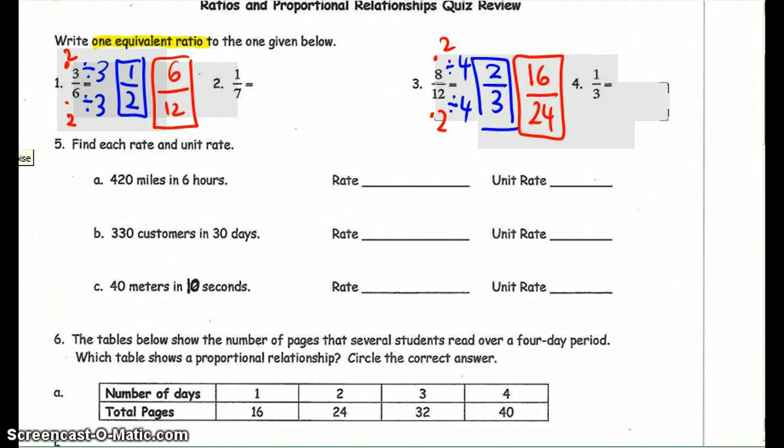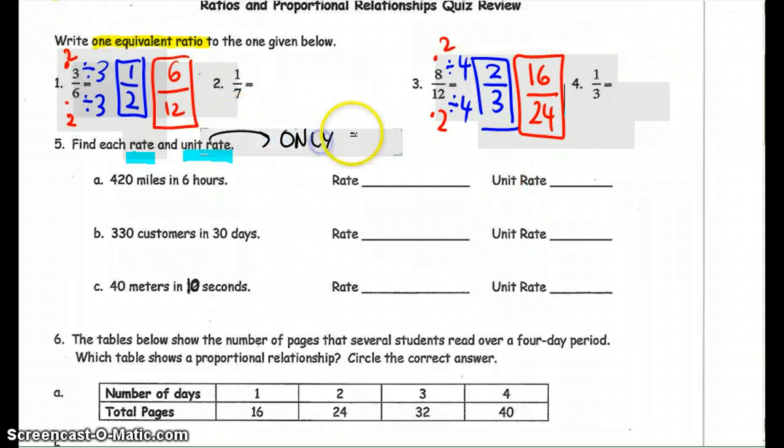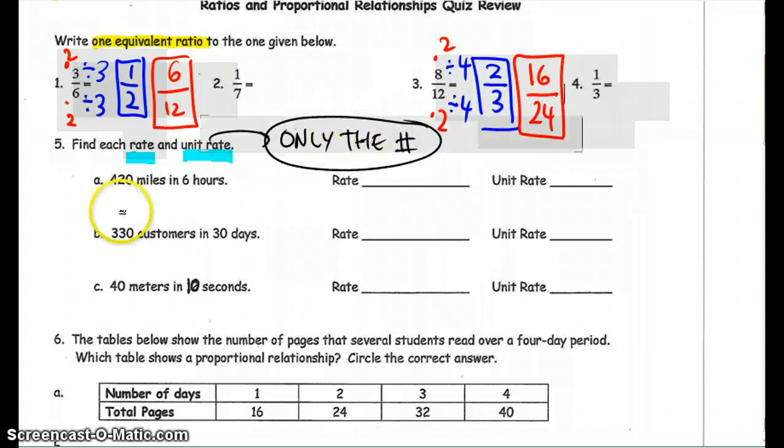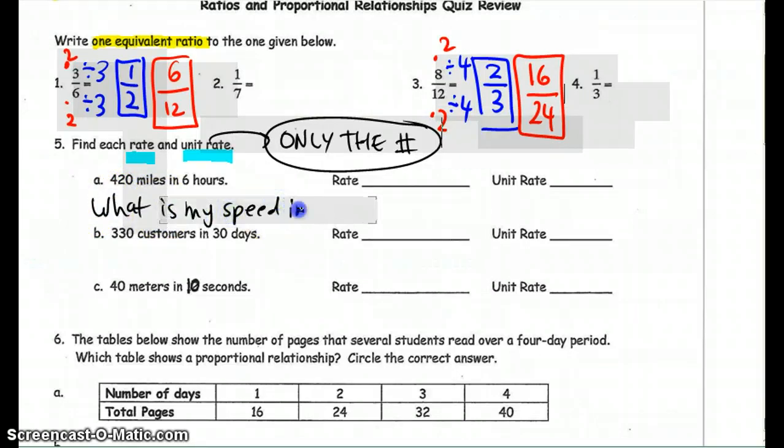For number 5, I'm finding both the rate and the unit rate. What is the difference between the two? Well, the unit rate is only the number. Okay, and what I mean by that, let's try letter A first. If I am traveling 420 miles in 6 hours, the rate is answering basically the question, what is my speed in miles per hour? Okay, so to get how far I travel just in 1 hour,